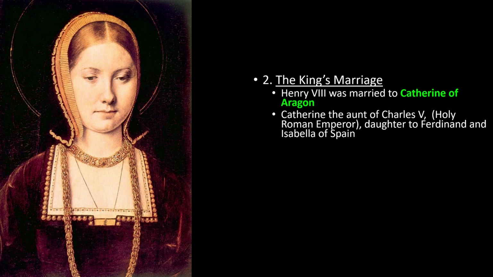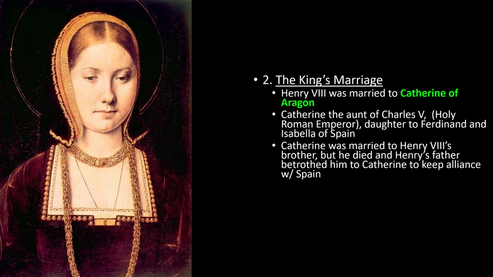Eventually, they are going to fund Columbus's journey to the Indies, which ends up being America. But guess who else is related to Catherine of Aragon? Charles V, the Holy Roman Emperor that we've been talking about, that's been fighting Lutheran states in the Schmalkaldic League, right? So Charles V, the Holy Roman Emperor, is related to Catherine of Aragon. Catherine of Aragon is the auntie of Charles V. All right, so anyway, look at these connections here.